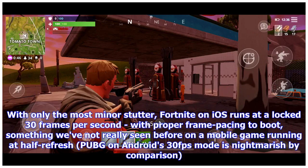With only the most minor stutter, Fortnite on iOS runs at a locked 30 frames per second, with proper frame